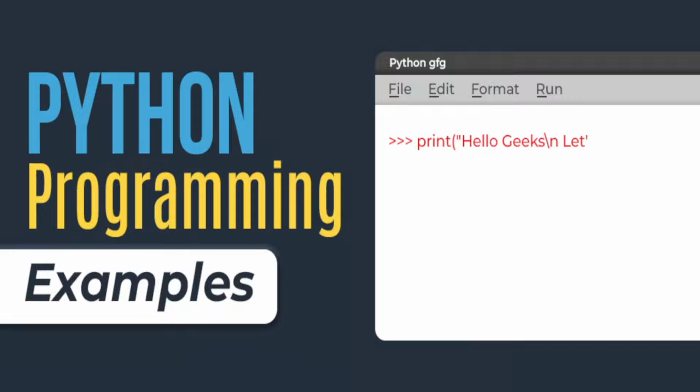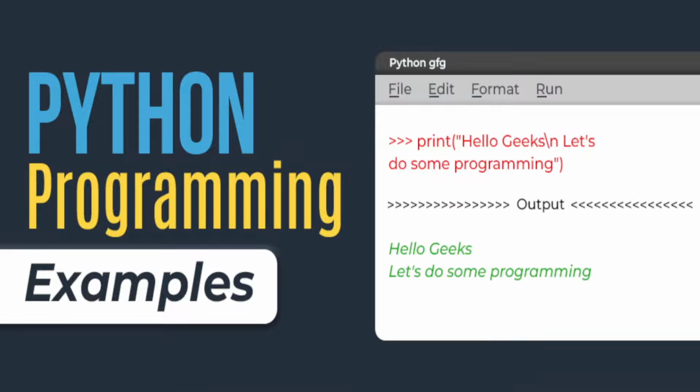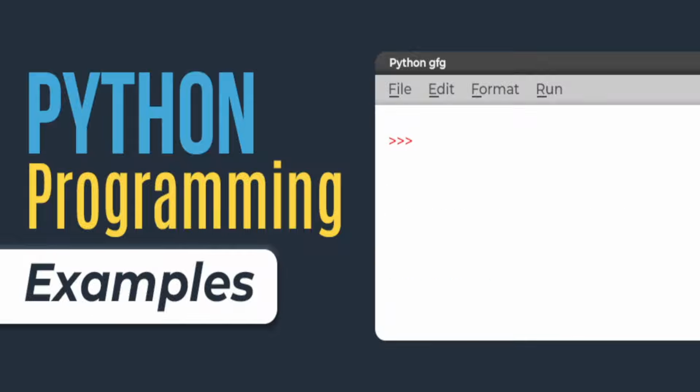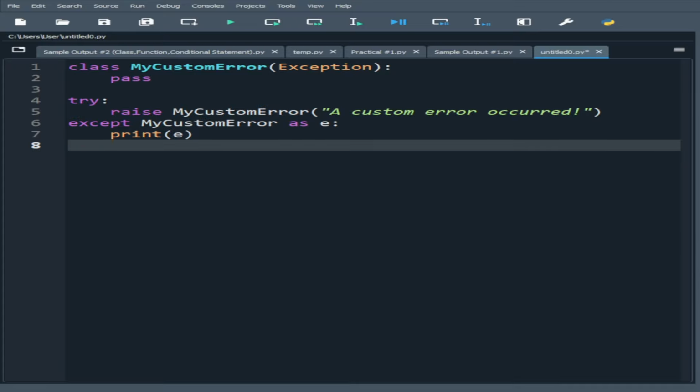So nandito na tayo ngayon sa number 7, custom exception. So mayroon tayong sample code na custom exception. So ayan yung example code natin. So ano naman ang ibig sabihin ng code nito and how to use the custom exception. So si custom exception, based on this code,